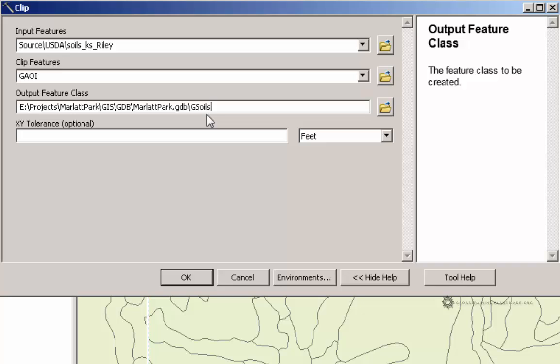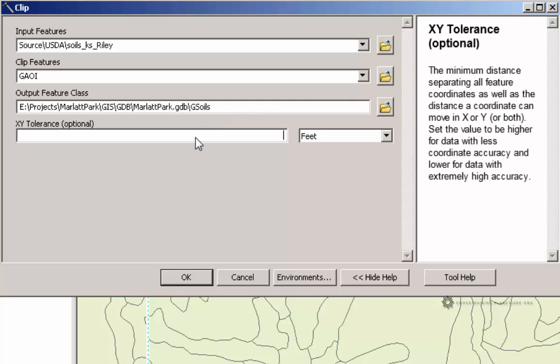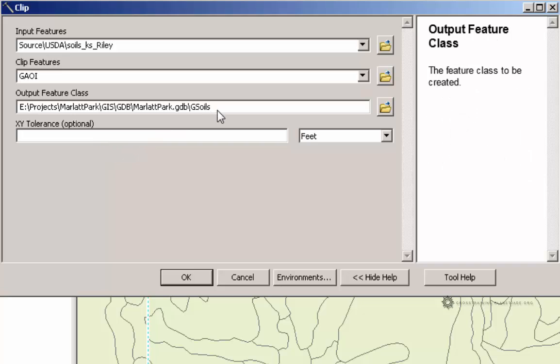Remember that sometimes we have a naming limitation, so we want to make sure things are less than 8 characters long. The file name does not start with a number, and it doesn't have any special characters or anything like that going on inside of there. We can also specify an XY tolerance, and for now I'm not going to specify one. It does say optional here, so we don't have to. But one thing that we are going to need to do is to specify an output coordinate system for this file here. We don't want it to be the same as the input,